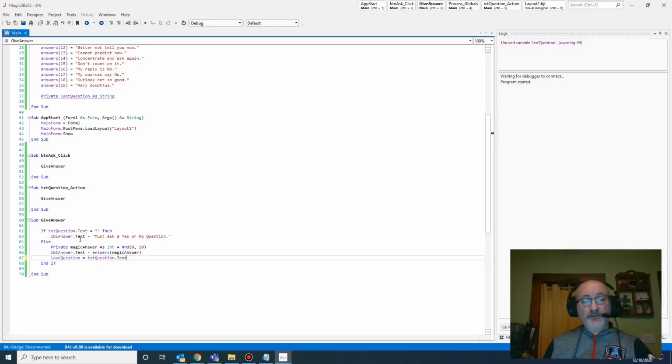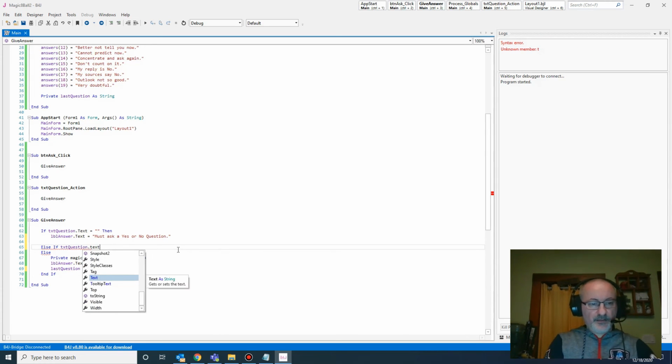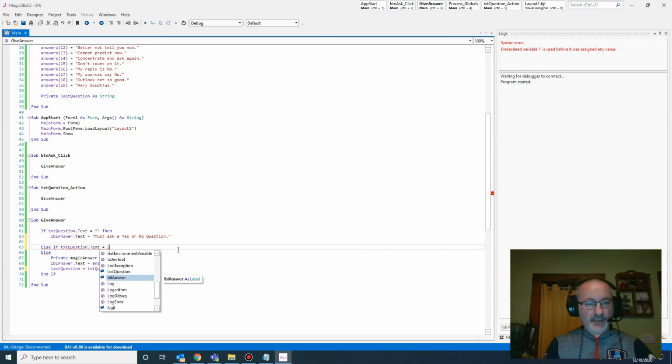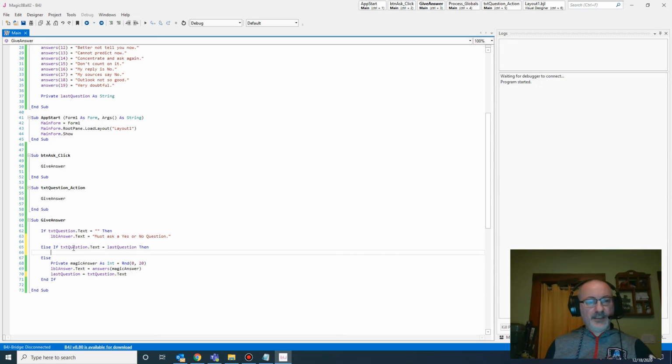In order to actually use that, we have to check the answer to see if it matches the last one or not. So we're actually going to add an additional if statement into this if block, but we're going to do it before the else block. So hit enter up there, hit the backspace key to back out, and do else if text question dot text equals last question, then enter. So if the text in the text question box equals the last question that was answered,